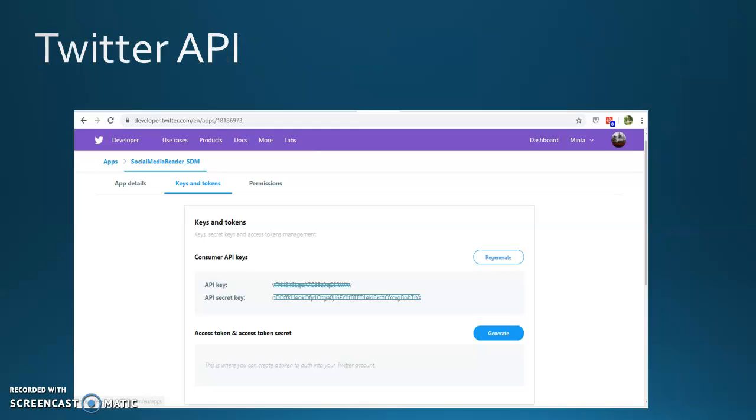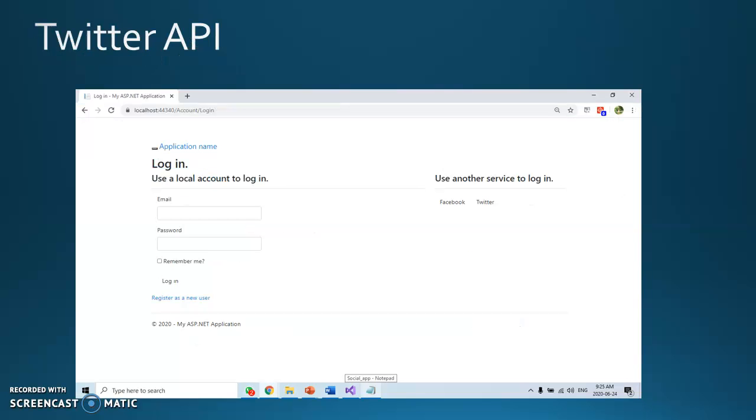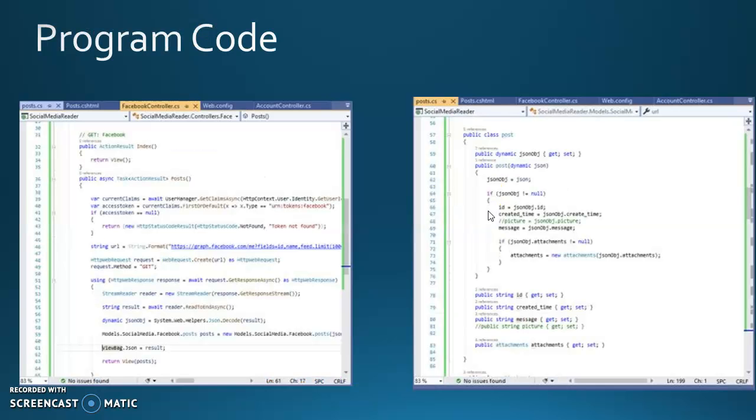And the Twitter API. Here also we have logged on to Twitter developers, and we requested the API key and secret key. Since they're secret, they are barred out. As we get this API key and the secret key, we can log in to this section, where earlier we had only one service to log in, and now we have one more, Twitter. So we can either log in using Facebook or Twitter in order to reach a common result. The programming code which we have included here, I have developed using C#.